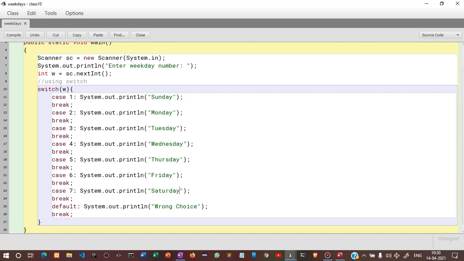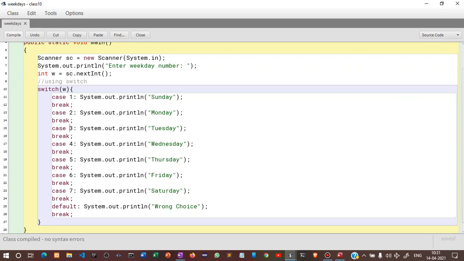So this is how you use the switch case. Basically, whenever you give the input from the user, it goes to the switch case, and the switch matches each of the values given in the case to decide which output has to be shown.